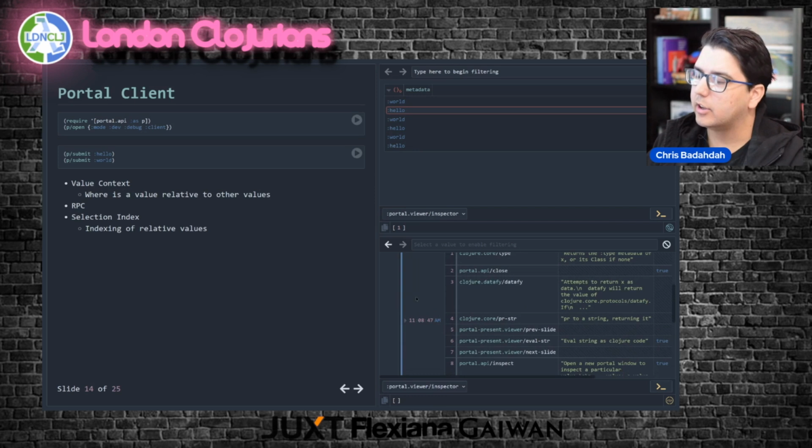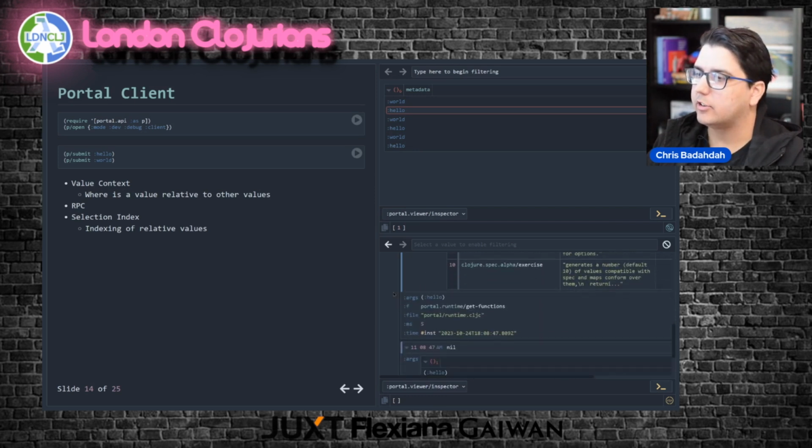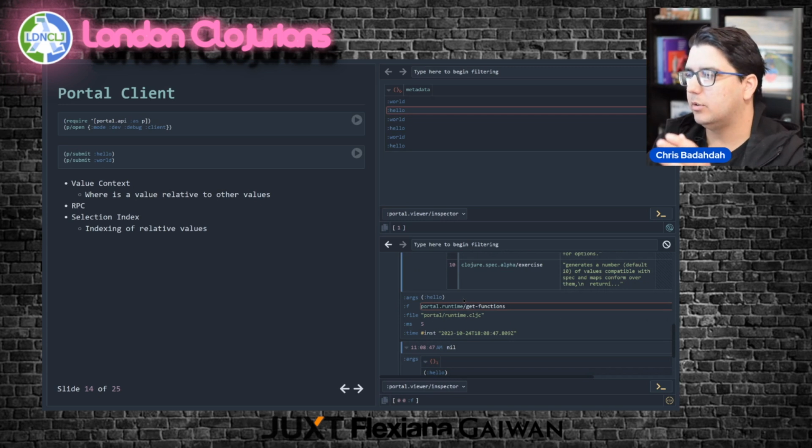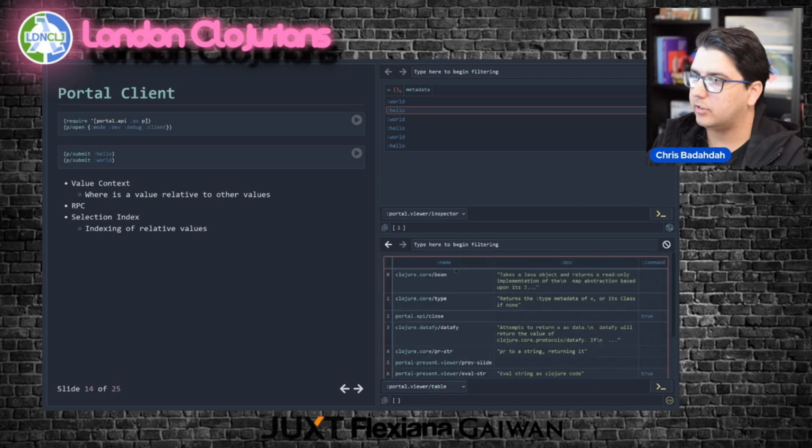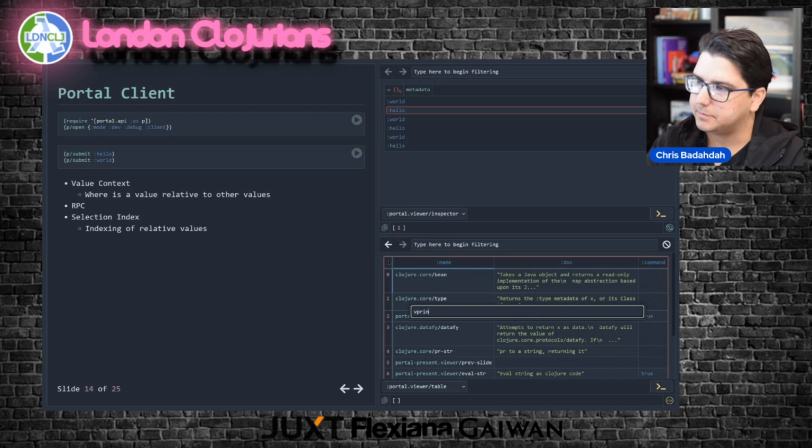And likewise, for that value, we'll get the functions that are allowed to be run on that value, because the functions you specify can have predicates on them. So that's what you're seeing here: we're saying, hey, get functions. Here are the arguments, the keyword hello. And then it's going to give us this table. Actually, let's preprint this.